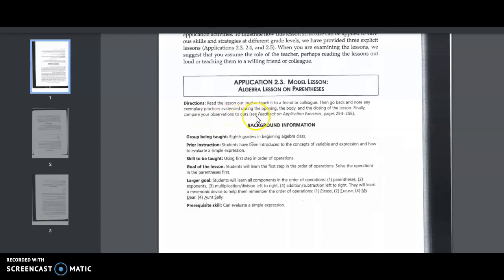So because someone did have a question about this, I did post an announcement about this. These are really the answers. So if you do have the textbook, don't cheat, y'all. Do the assignment first, and then you can check your answers against theirs. I will also post these pages after I grade everyone's assignment.